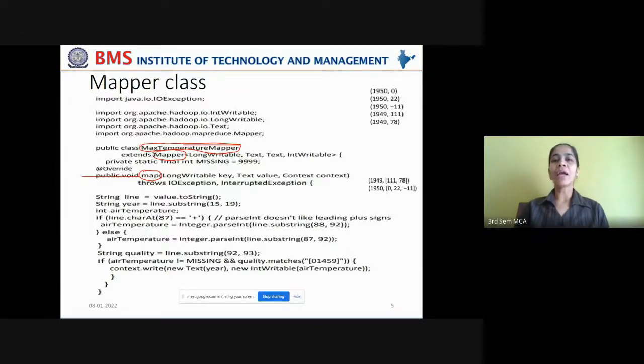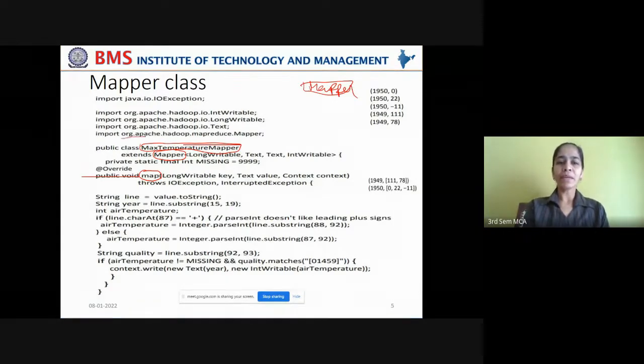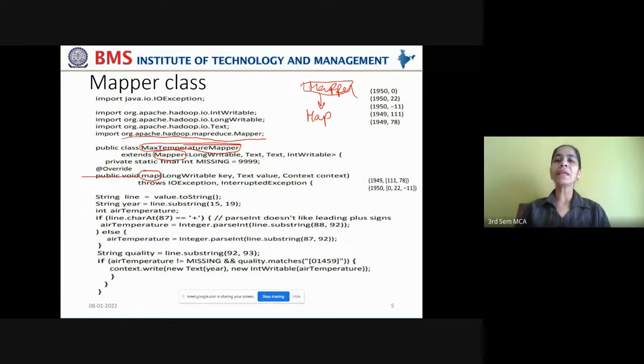For that, we have to write our customized map function and reduce function. We already have a Mapper superclass under the package org.apache.hadoop.mapreduce.Mapper. Under this class, we have the map function, and that map function can be overridden by any class that extends this Mapper class. So we can customize our code in this map function, and according to our requirement, that map function will execute our job in order to give the input to the reduce phase.